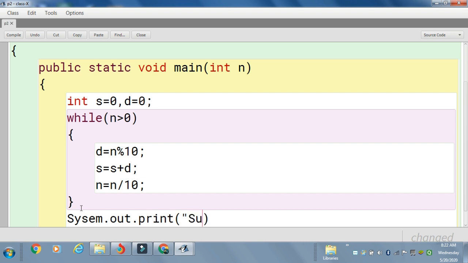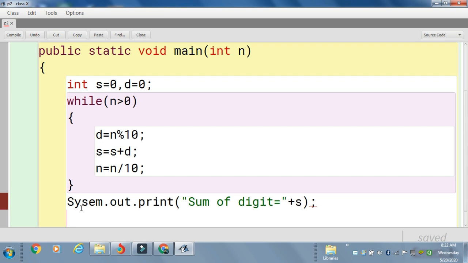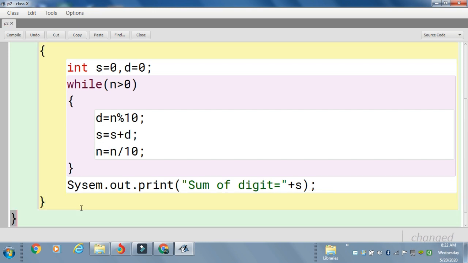We'll write here sum of digit, that is plus s. We'll give the semicolon, we'll close the function, close the class,